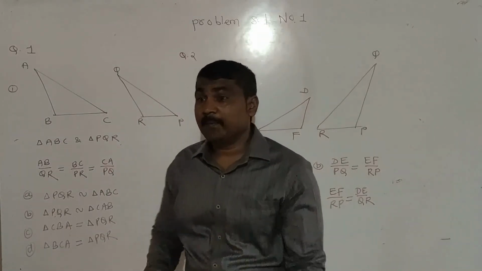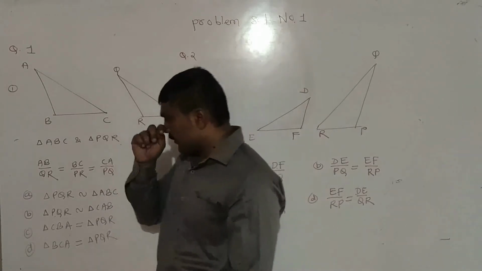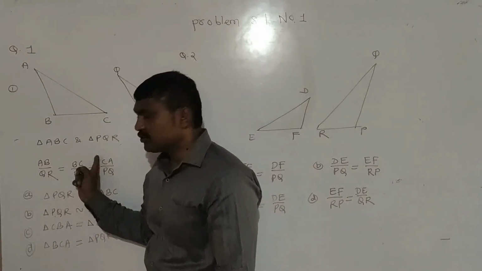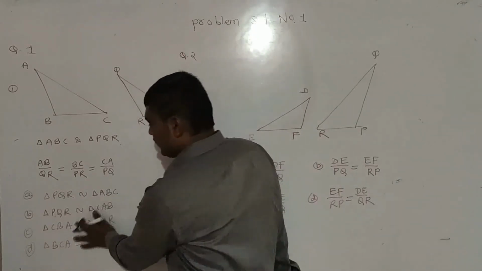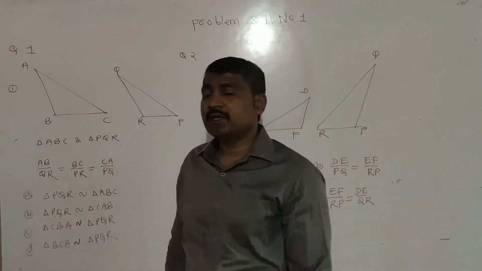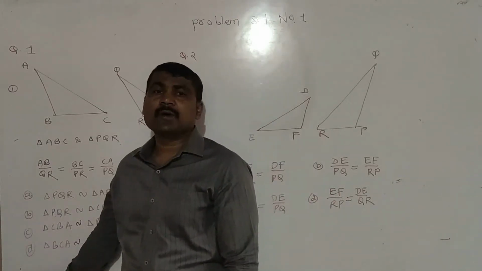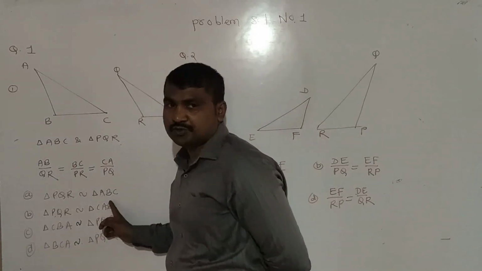We have to identify the correct order of the similarity. इसका मतलब क्या है? Corresponding side का रेशियो दिया है, हमें सिर्फ क्या करना है? 4 ऑप्शन में से करेक्ट ऑर्डर फाइंड करनी है. तो we are thinking options, 4 options 1 by 1. हाँ, तो हम क्या करेंगे? 4 ऑप्शंस सोचेंगे यहाँ पे.